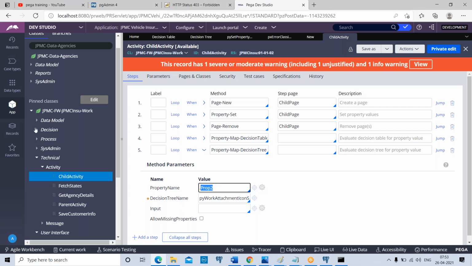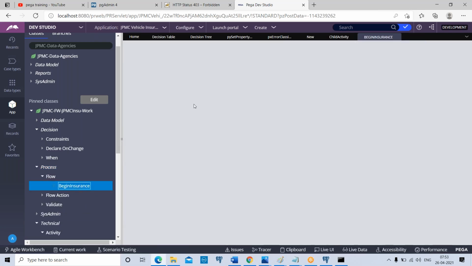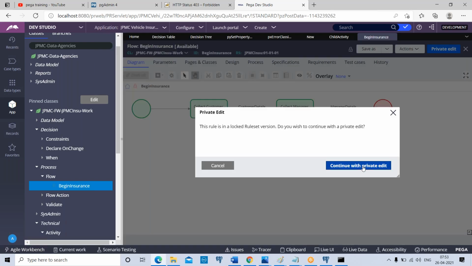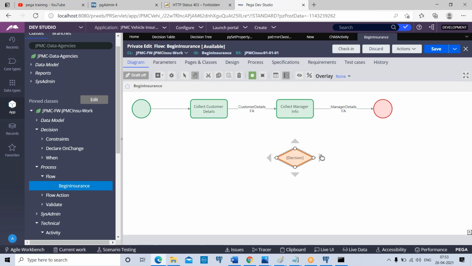We can also call decision table or decision tree from flow. You can also call it from a flow. Look at here, flow. You go to the flow. In the flow, you can use one decision shape. We will be practically working on all of this. You can call one decision tree table or decision tree rule using the decision shape.